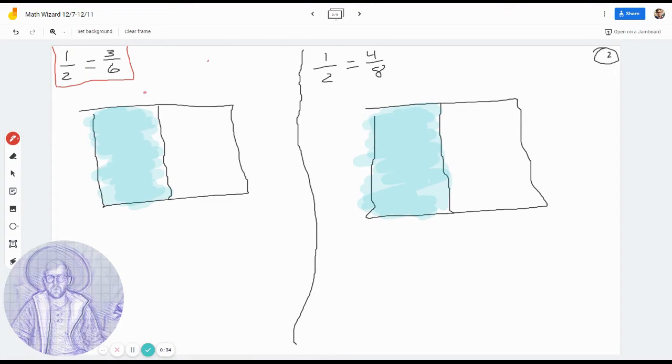So we have our 1/2 here, and we want to cut this pan of brownies so that now we have 6 pieces to make up our 1 whole, 6 pieces in our 1 whole pan, and 3 of them are shaded. So how many times am I going to need to cut this pan of brownies in order to get 6 pieces in all? Well, right now I have 2 pieces in all, and if I cut it once, let